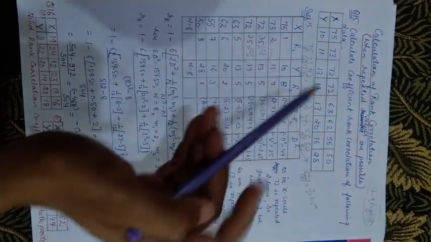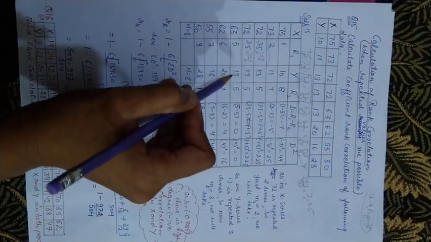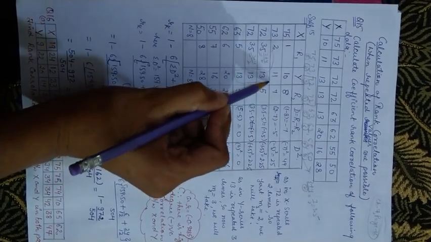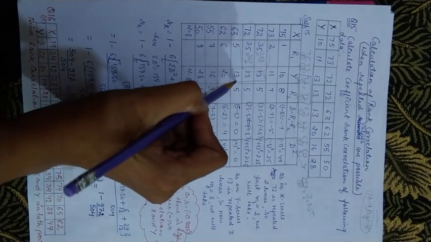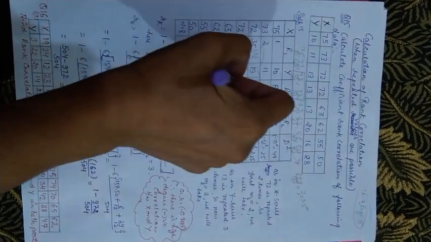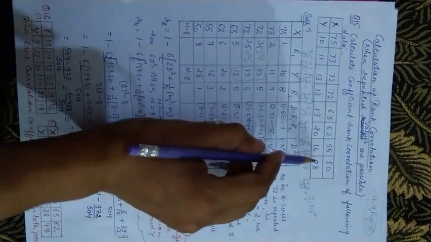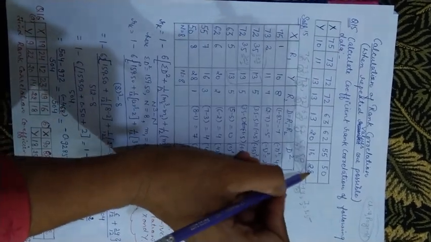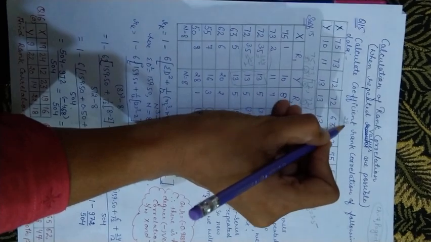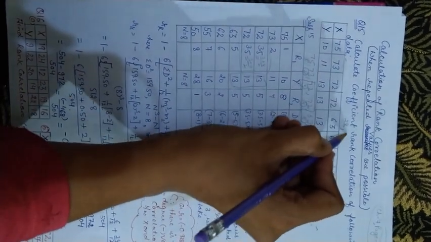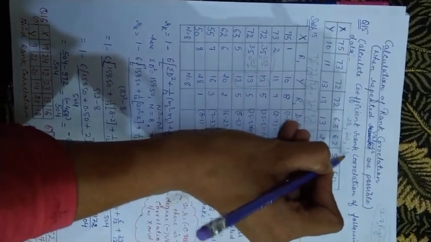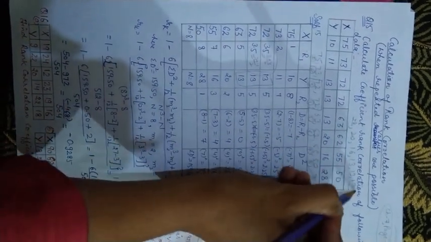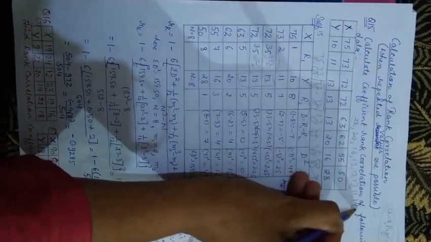Now here you are seeing that in this second series we are having 3 same values. This is not arranged in descending order. Let me arrange it in descending order first. So the highest value is 28. It will come first. Then it is your 20. Then it is your 16. Then it is your 13, 3 times. Then it is your 11. Then it is your 10.